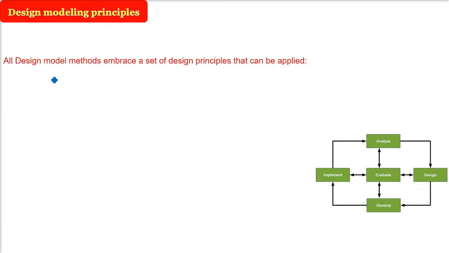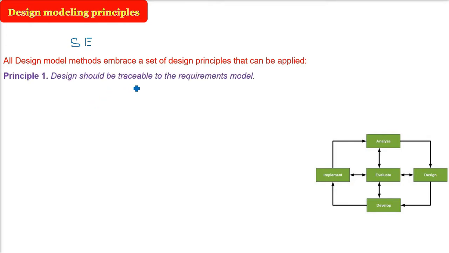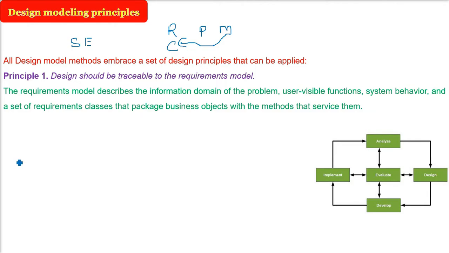For all the design models, whichever you use, we need to understand certain design principles. Whether you are a modeler or a designer, it doesn't matter. Even if you're a software engineer or a software professional, there are certain aspects you need to know. The first thing is that design should be traceable to the requirements model. Whenever you have acquired the requirements, the model you make should not be made arbitrarily. It needs to correspond, it needs to point back to the requirements. So the requirement model should be traceable.